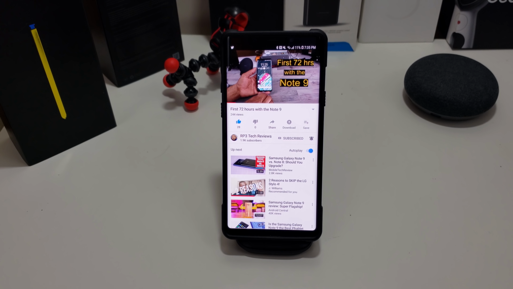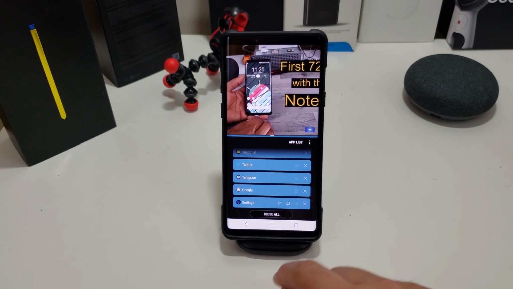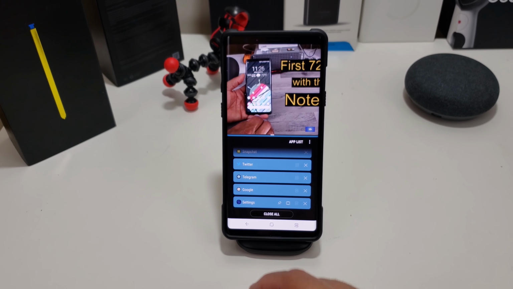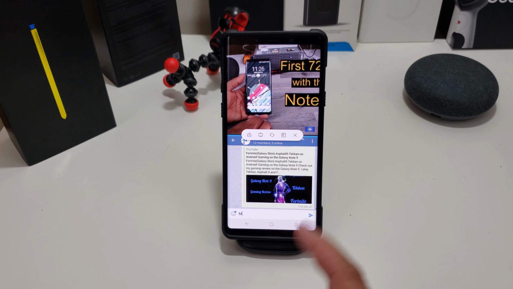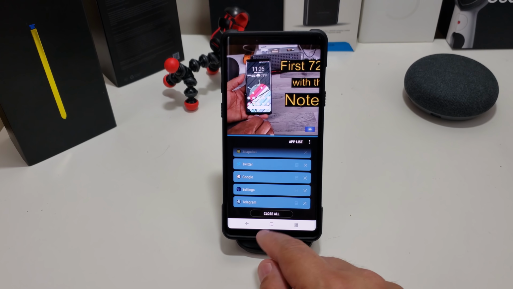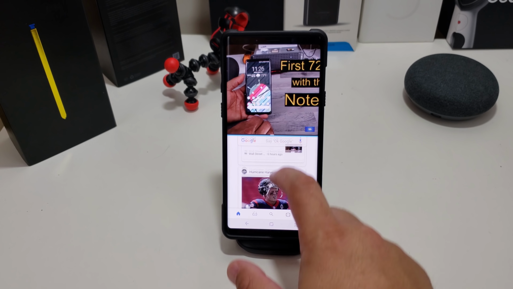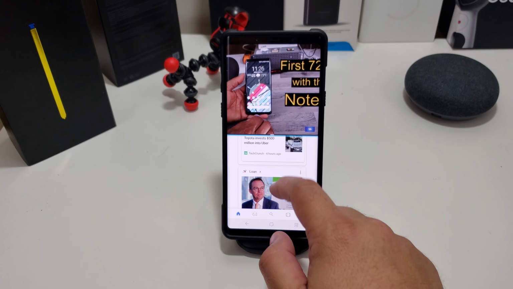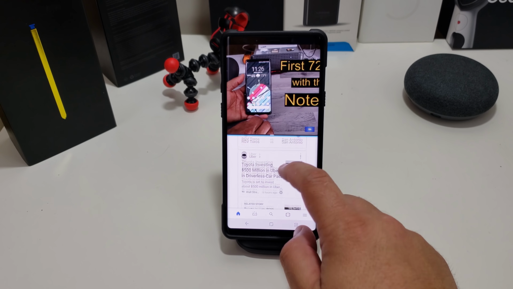Now say you want to talk smack in Telegram, but you want to still watch the video. Hold down the recent button, snaps it up to the top so you can still watch it. You go to Telegram, you're talking smack in Telegram, doing whatever you want to. But then they talk about a story in Google. So you go back to Google, so you're watching the video, and you're looking in Google,